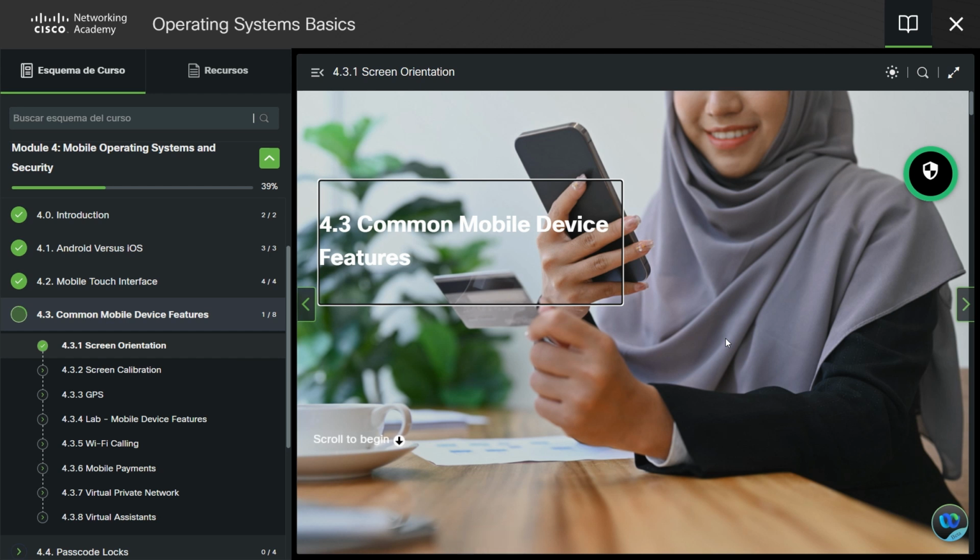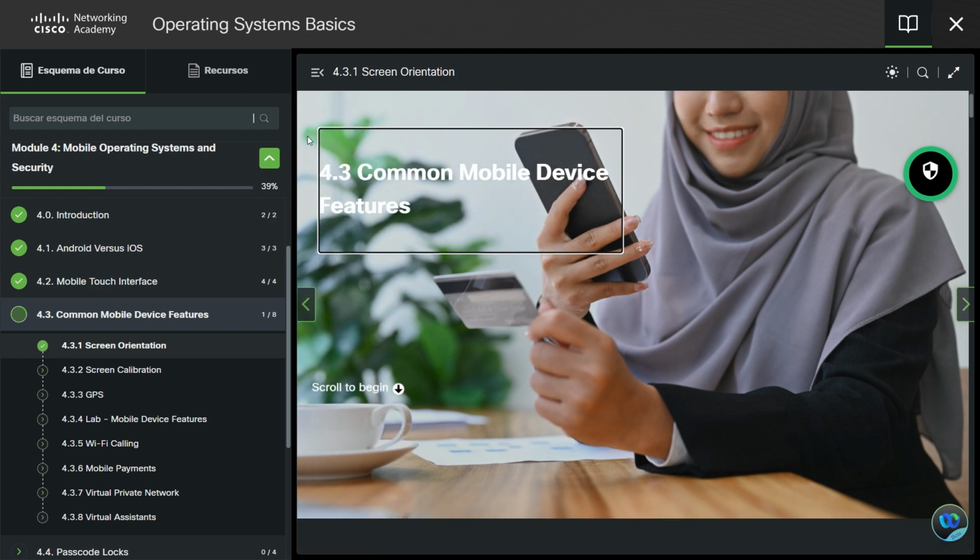Hi everyone, this is common mobile device features. Okay,